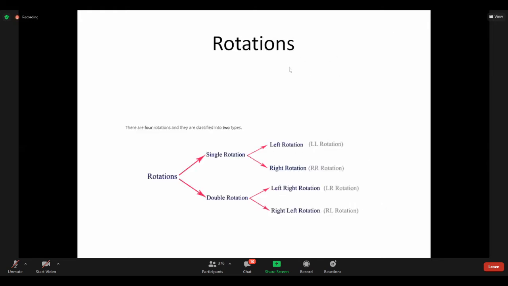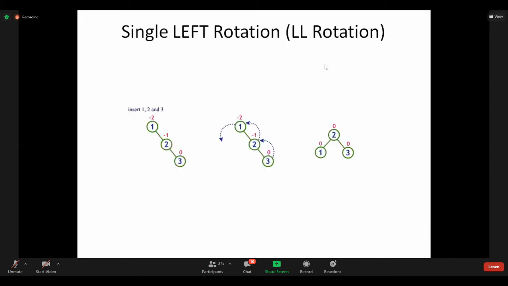Now look here, the rotations as I discussed: left rotation, right rotation, left right rotation and right left rotation. Once again I want to discuss the next rotation. This is just giving an overview. Left rotation means when I add a new node on the right side, the tree is right skewed, right? When it is right skewed, I should apply left rotation. I should move the nodes to the left side. So it is right skewed, and I am applying left rotation. After applying left rotation, look at the diagram, the tree will be balanced.